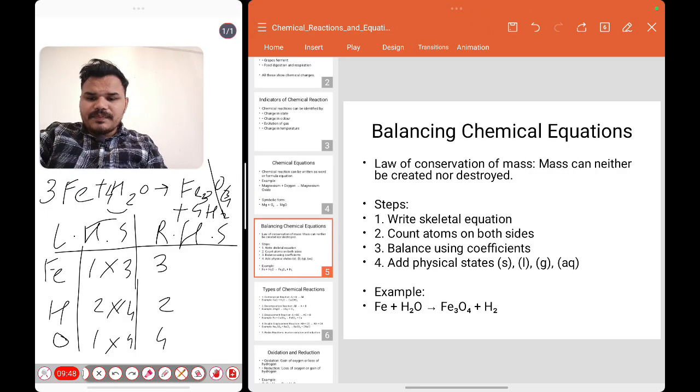Then again, on the right hand side you will check which things are there. So Fe3 is balanced. The hydrogen again, it's 4 to the, so we have to multiply 4 here, so 4 to the 8 you will get. The oxygen is already balanced. So in this way we have to balance the